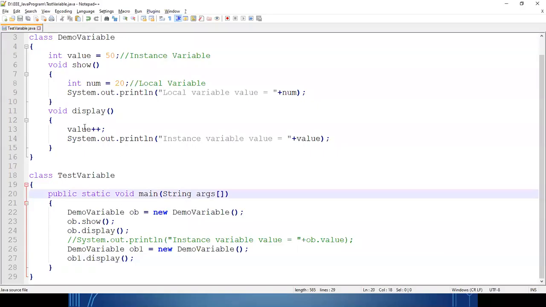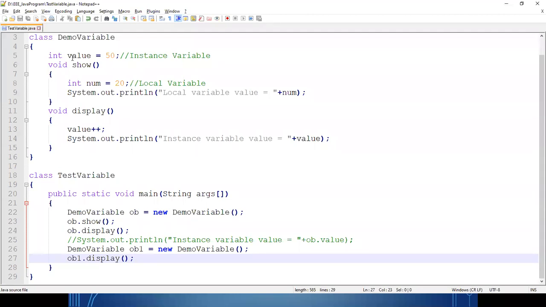So instead of incrementing twice, because you are calling the display method twice by using ob as well as ob1, the value is not reflected to others. Clear? Okay, now this is the drawback of instance variable. That means I have modified something, and I am expecting that modification should be reflected to everyone, but it is not going to be reflected to everyone. It is only reflected to me, because I have done the modification.